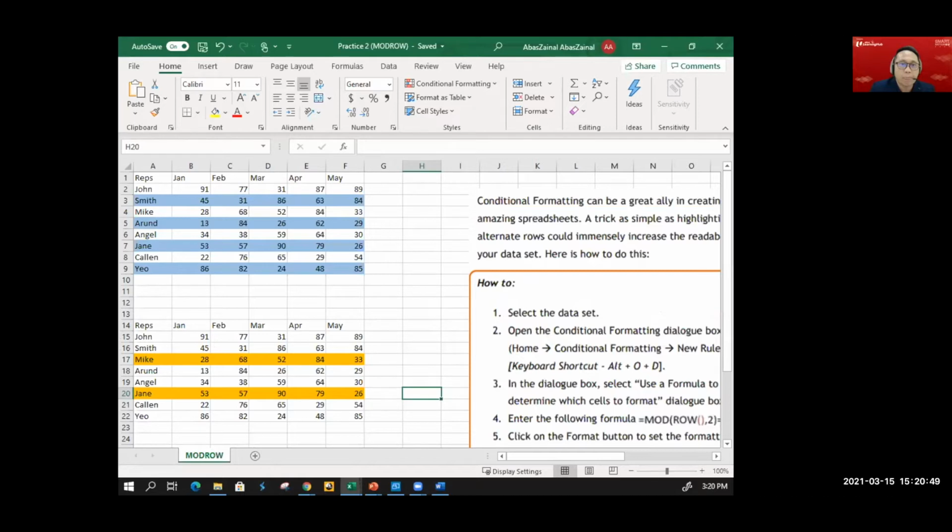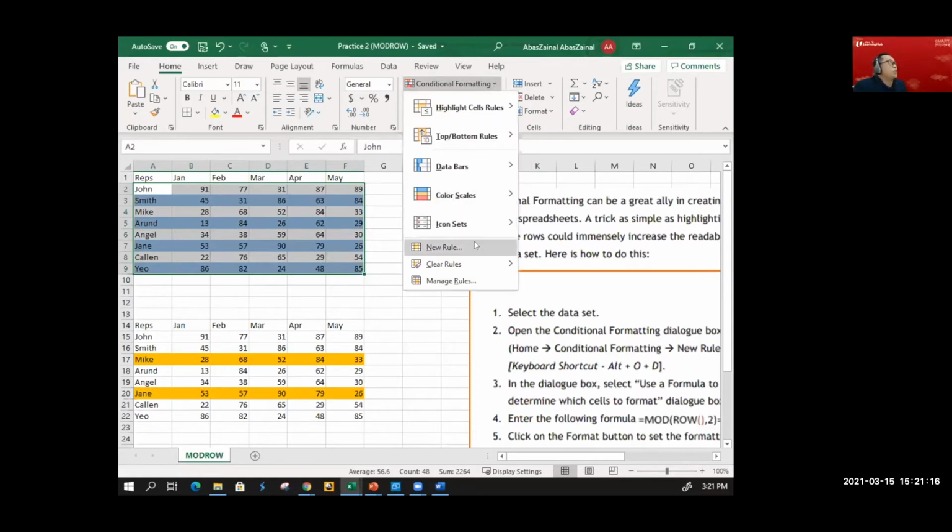Those columns that you click on, the thing you need to do is go to formatting. Again, it is the same ribbon called conditional formatting, and drop down, and this is where you can click on new rule.